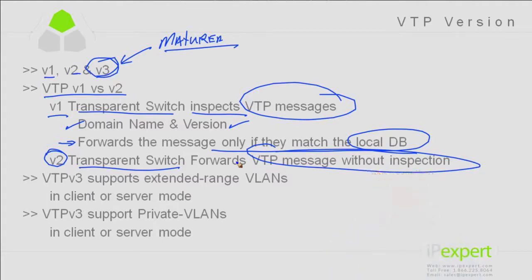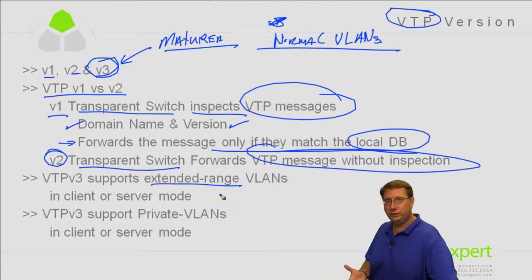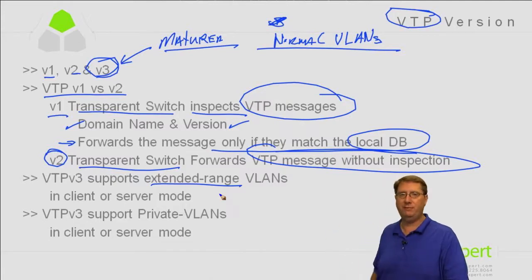So when we look at this, the main thing that we need to recognize is that, as with all other components, VTP supports different features. It supports what's referred to as our normal VLANs. Now, I can also create extended VLANs, and one of the reasons that I may choose to create extended VLANs is to support something called private VLANs,